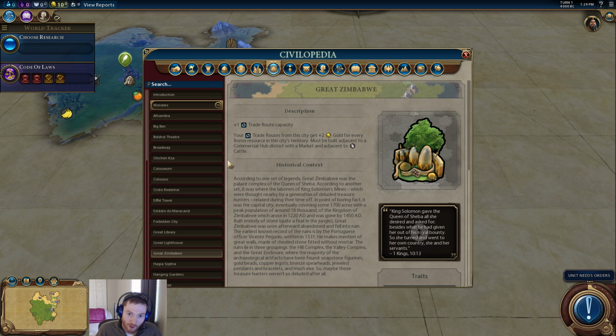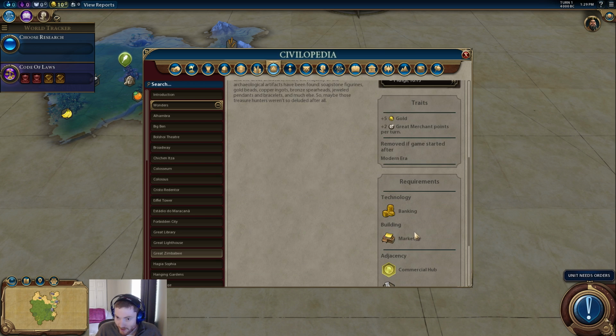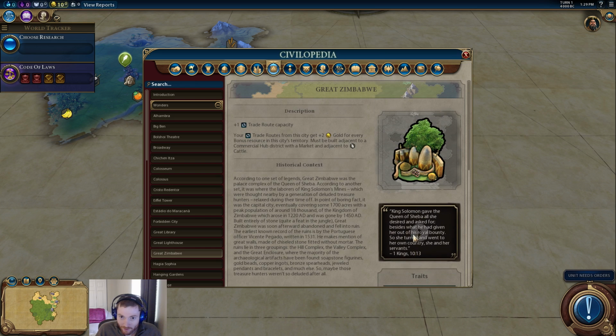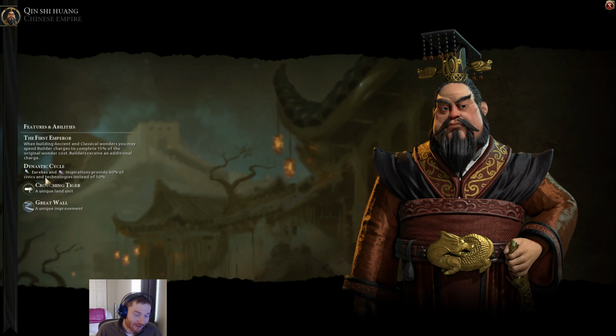The Great Zimbabwe, and this requires, down here, where's the actual, right here, must be built adjacent to a commercial hub district with a market and adjacent to a cattle, which is just what? Like, what a bizarre restriction for a wonder. So anyways, but my point of that is, as China, you're uniquely able to deal with these crazy wonder restrictions